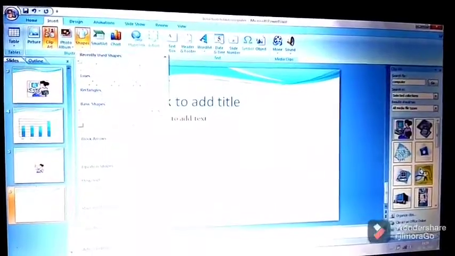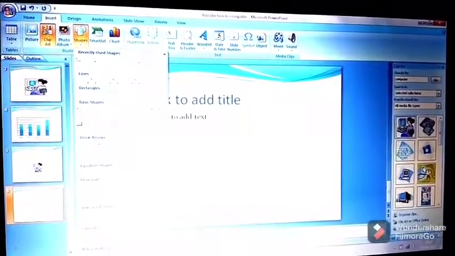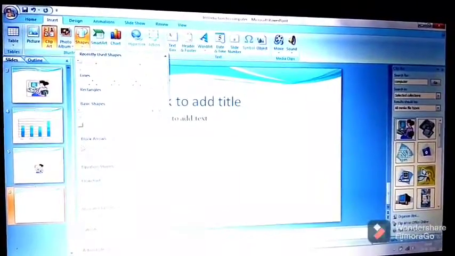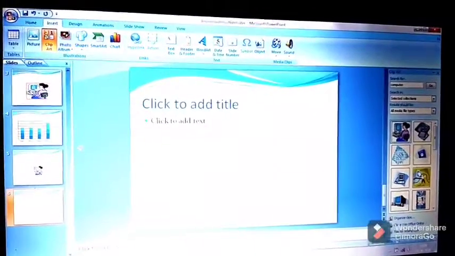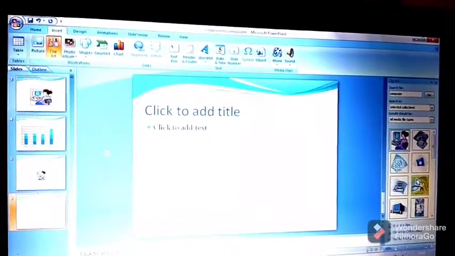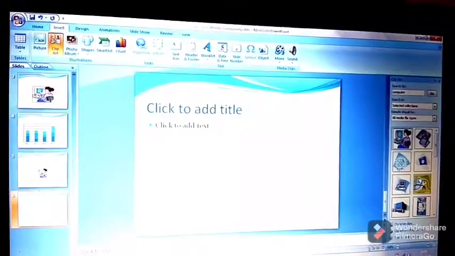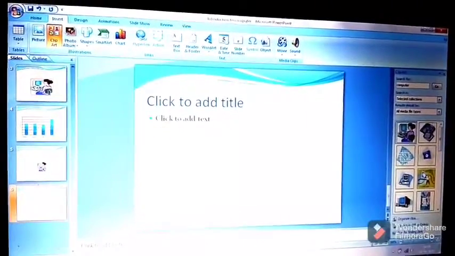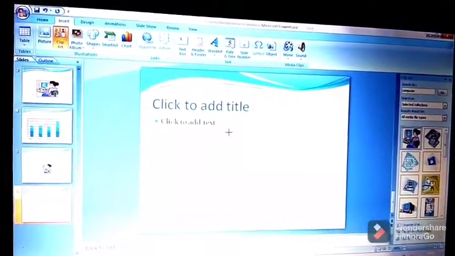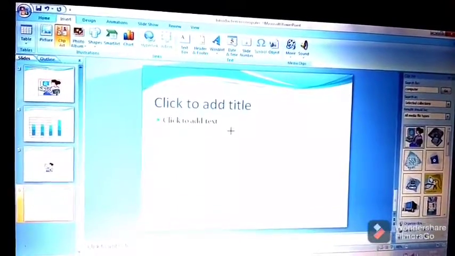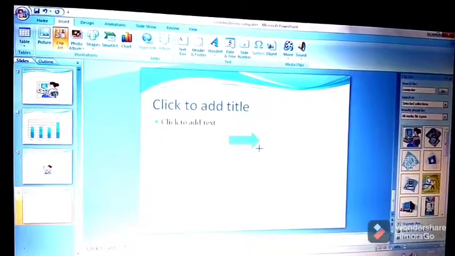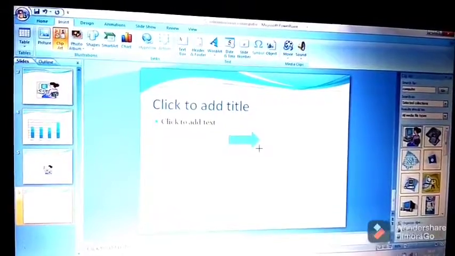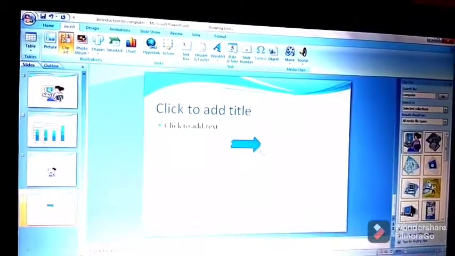Let us suppose I want to insert this arrow, that is a block arrow. Click on it. Then your mouse pointer cursor changes. Press the left button of your mouse, drag your mouse and release it.